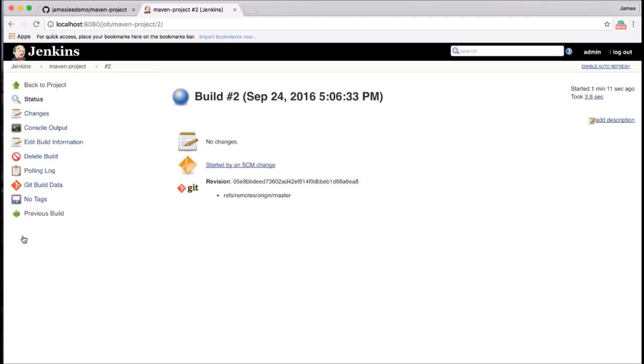In this lecture, we have demoed how to configure Jenkins to pull our GitHub repo periodically so that a build will be triggered